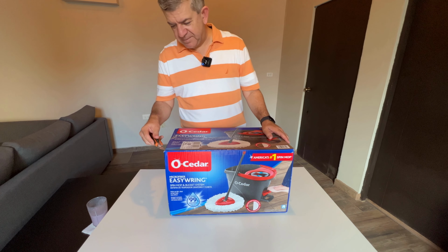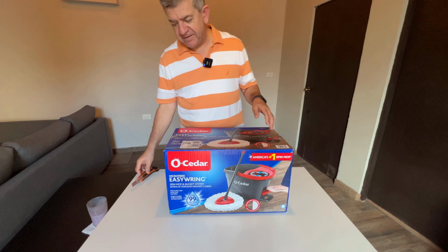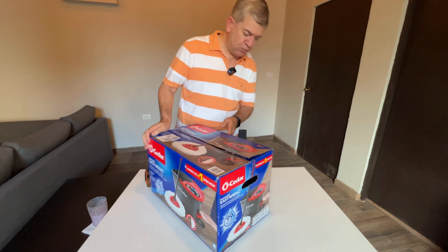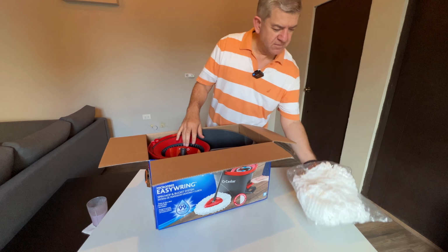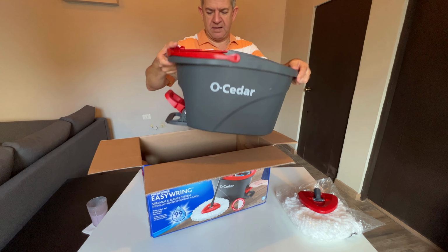Hi friends, let me show you this O-Cedar EasyWring mopping system that we bought. This is the second one we get for our home. It's really easy to use, really convenient. Okay, when you buy it, you get one mopping fabric, the actual base for the fabric, the bucket,